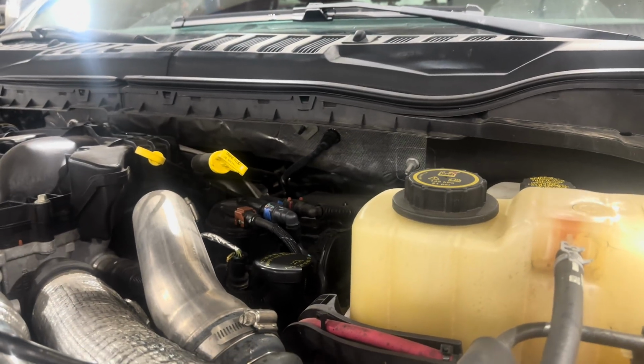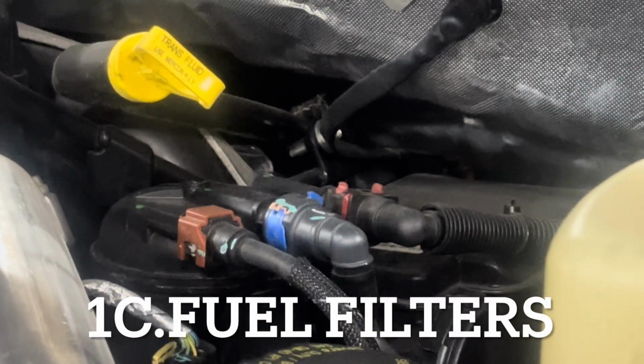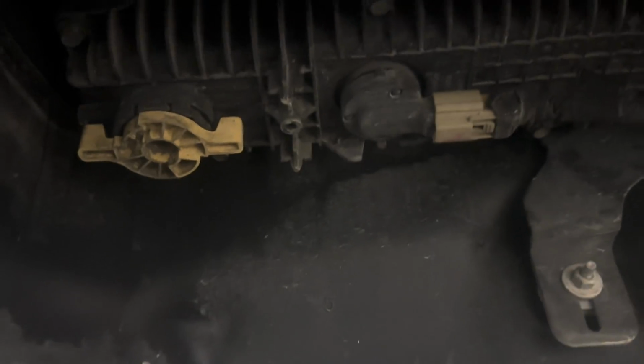Moving on from there, we have our upper fuel filter here, and then we have our lower fuel filter. You're going to find it underneath the truck right there. So, change your fuel filters. Get that done. These trucks, as you know, have a CP4. They can be a little bit finicky. The tolerances in these high pressure injection systems are super tight. You don't know what the maintenance schedule